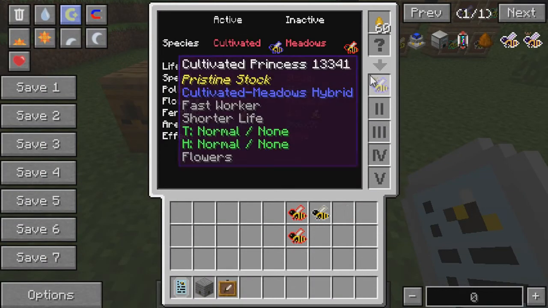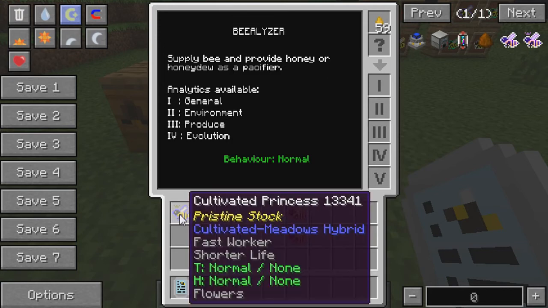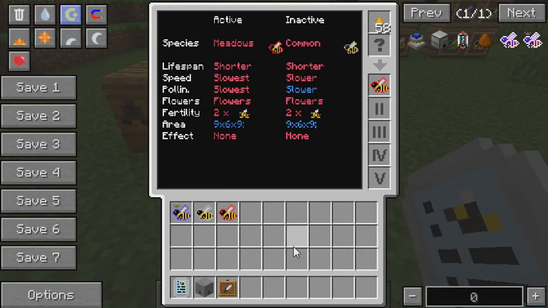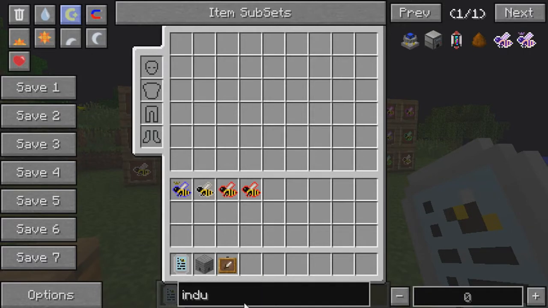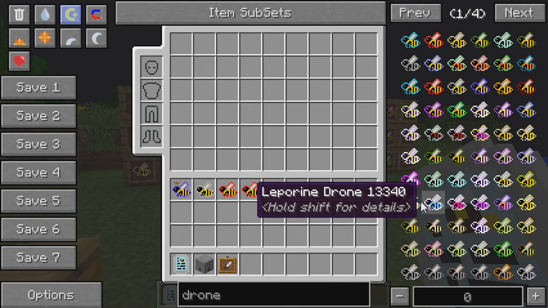So the Cultivated, he's a Cultivated Meadows. Common Meadows. So there's a chance we could combine these guys. We could just end up with Meadows again. And I don't think we really want that. But that's okay. So that's basically the simplest breeding of bees you can do. And then as you go, once you get those Common, that's a pun. Once you get those core bees there, you can start working on getting ones that you actually want, such as